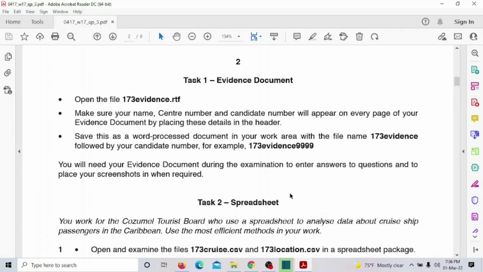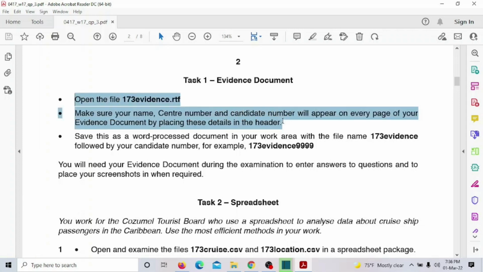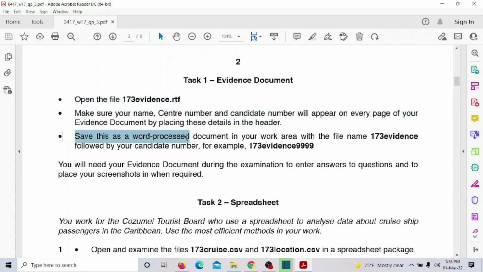First, about the evidence document. Open the file 17.3 evidence, and we have to give our details on it. All the details, 3 details we have to give, and we have to save that document using the file name what is existing already. Then we have to further add our candidate number. Fine. So now let's go to the